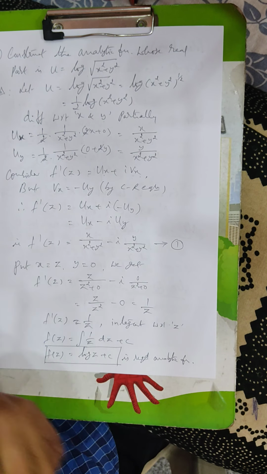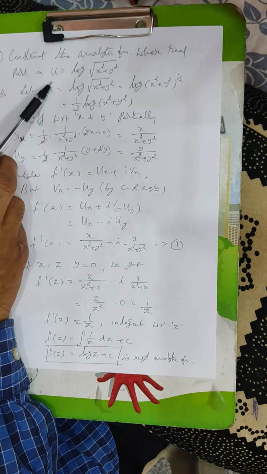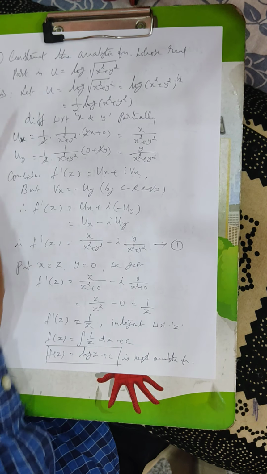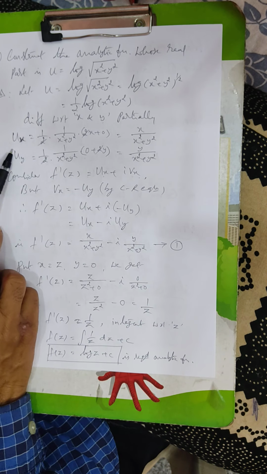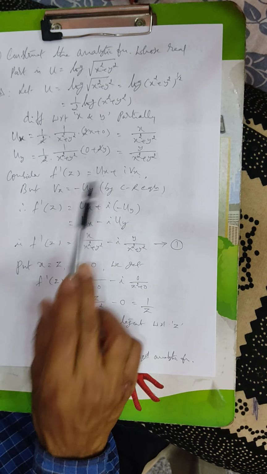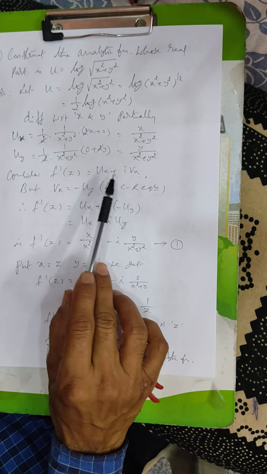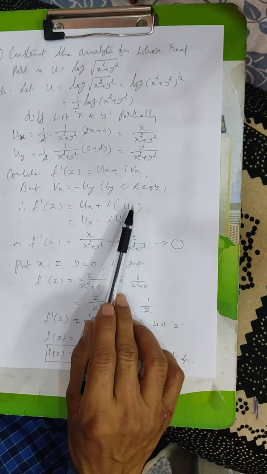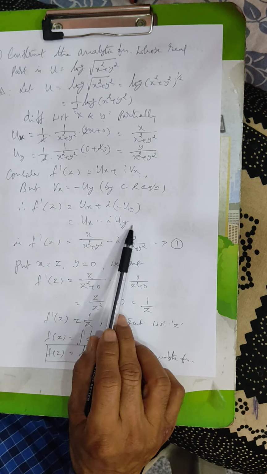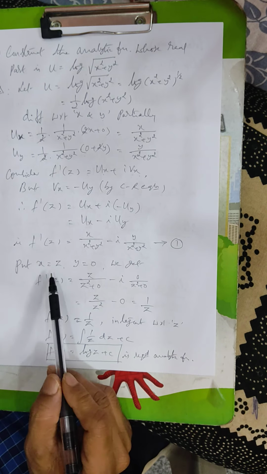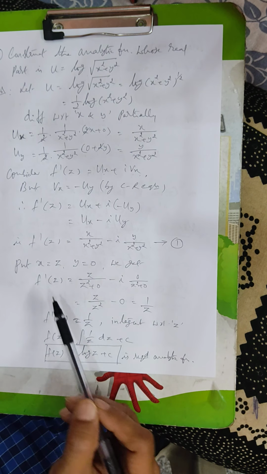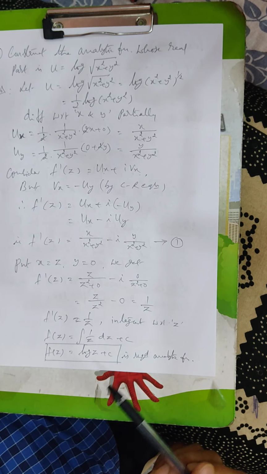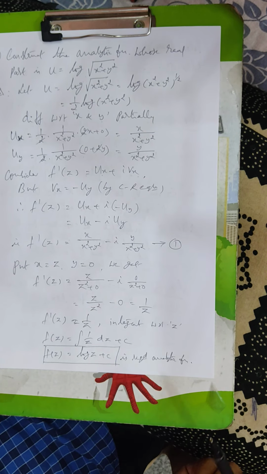Similarly, if the given function is v, that is if the imaginary part is given, first we get the partial derivatives like vx, vy, then we write f dash of z. Since vx, vy are available, we need to write ux in terms of vy by using CR equations. Then you substitute for the expressions and put x is equal to z, y is equal to 0. We will get f dash of z as a function of z. Then integrate, we get the required analytic function.